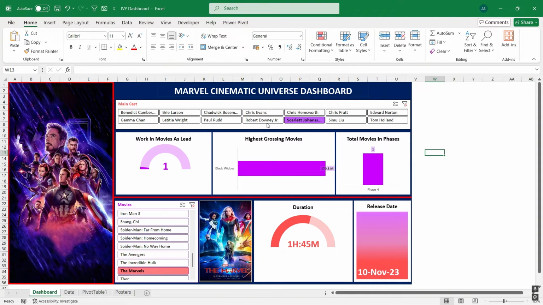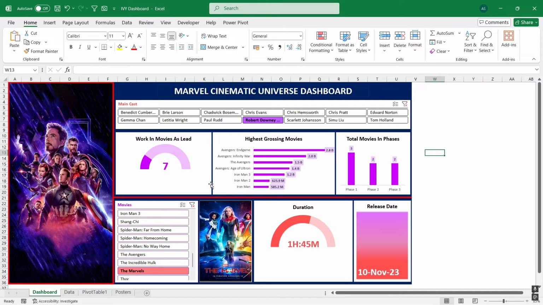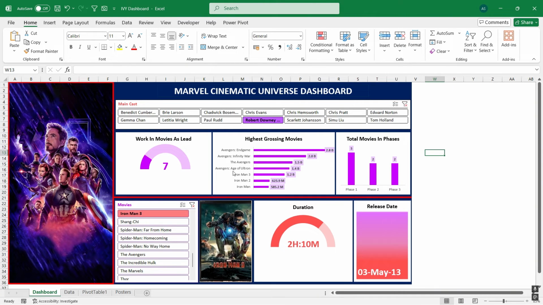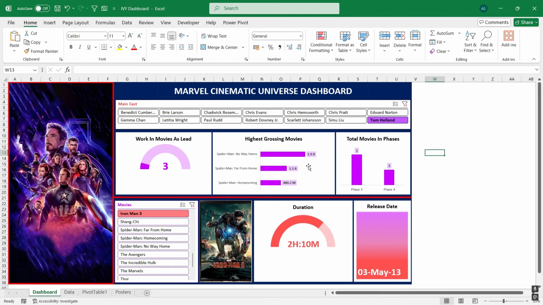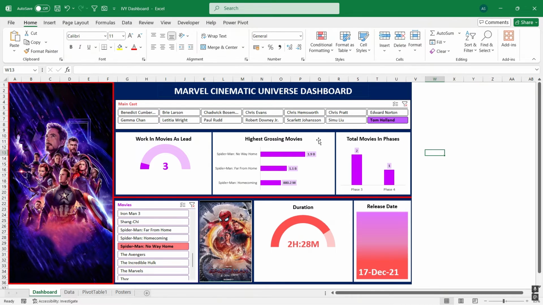So to get a clear picture of his solo impact, Marvel will focus on RDJ's individual movie collections. Among his 3 solo movies, only one has crossed the 1 billion mark, while Tom Holland has starred in 2 movies that made over 1 billion. So RDJ's solo movies have not performed as well.